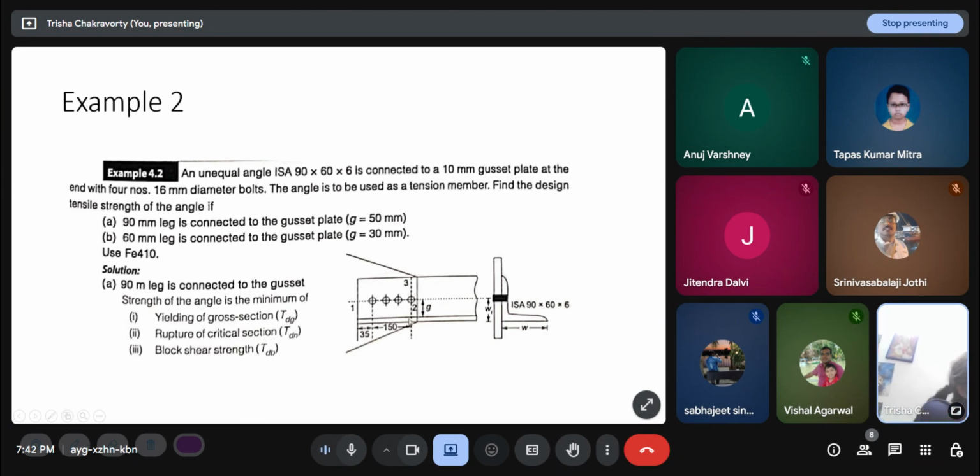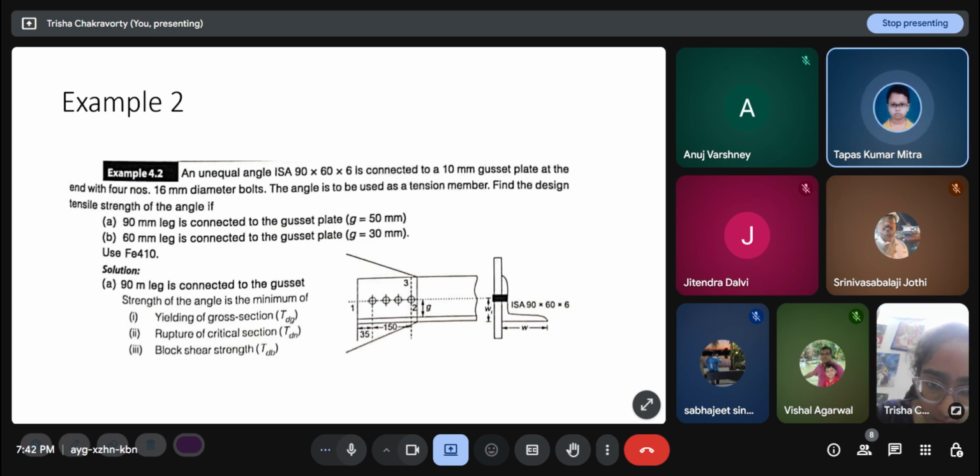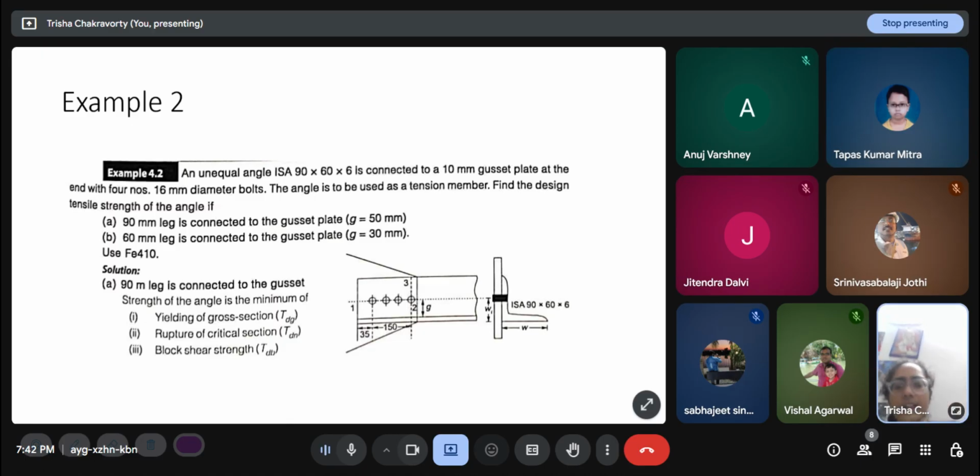So what it is basically, this is an angle. When you attach this side, I'm attaching it like this. So this is being bolted to the plate, and this is the outstanding leg. Whichever leg is bolted to the surface is what carries the tension. So we are not concerned about the outstanding leg, we are concerned about the attached leg. So connected leg and outstanding leg.